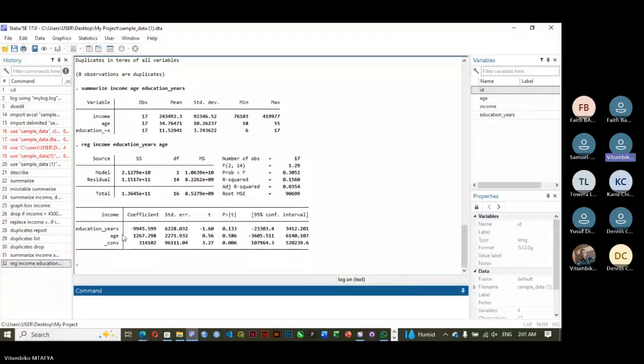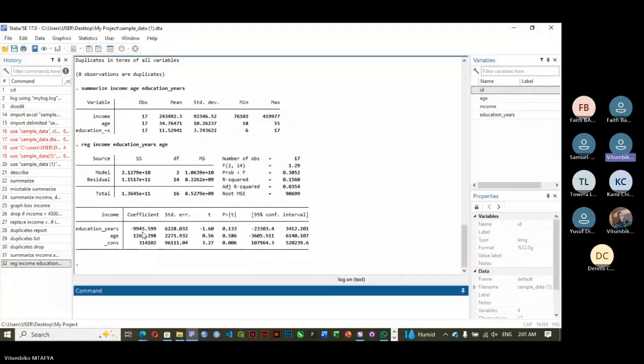This is just a prediction, because we believe the more a person is educated, the more he or she can earn. This was just sample data. So it's showing as if we have a negative effect on income, meaning a unit increase in income is affected, but negatively, with a